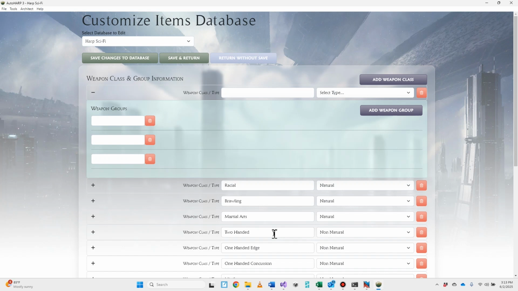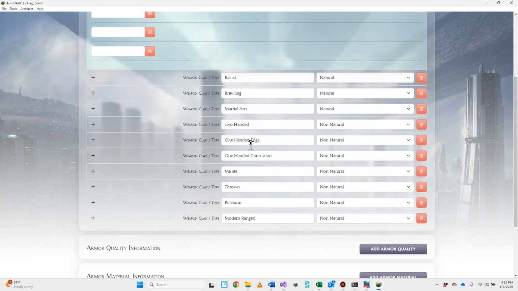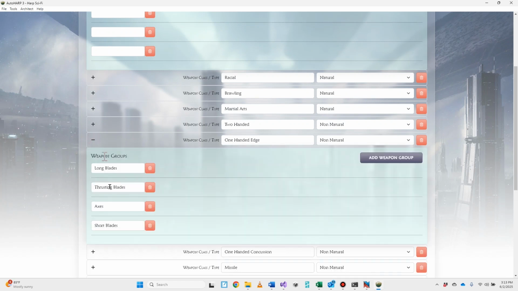So for example, like a broadsword. The broadsword is going to have a weapon class of, if I'm not mistaken, one-handed edge, and it's going to have a weapon group, if I'm not mistaken, of long blades. And that will therefore help me in the program define what list of weapons are actually going to be a part of